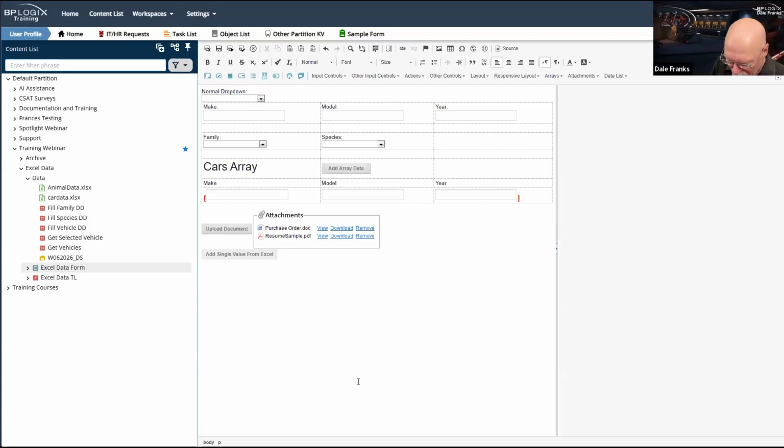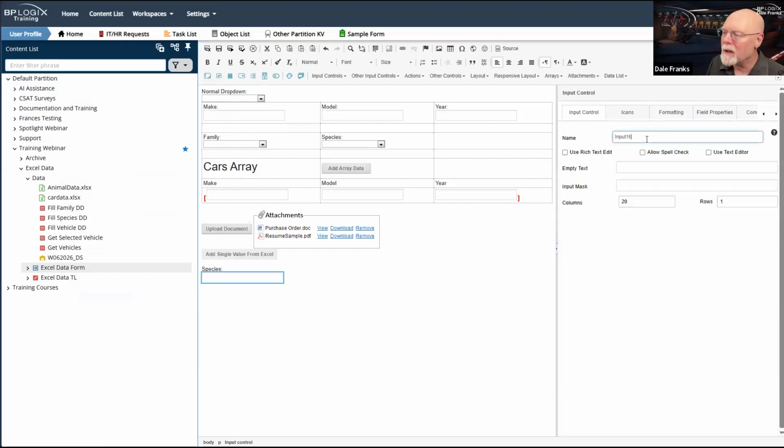Let's go with just one field. We'll have a species field, and I have a species drop down. So we'll call this species text.